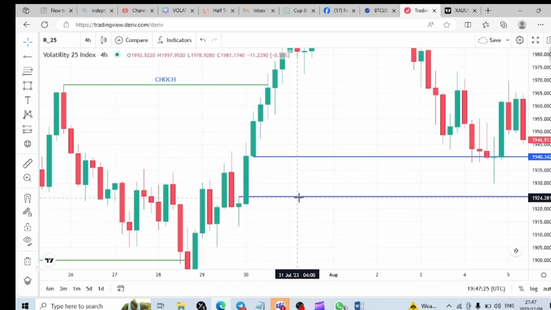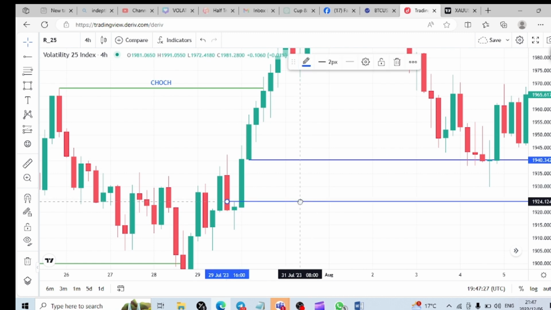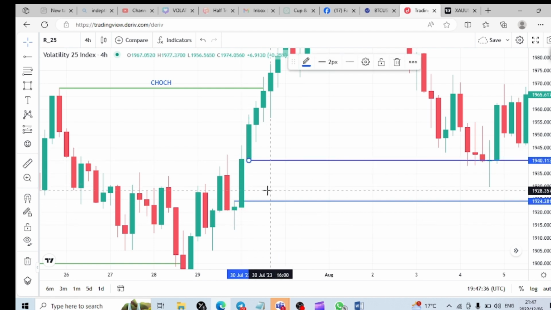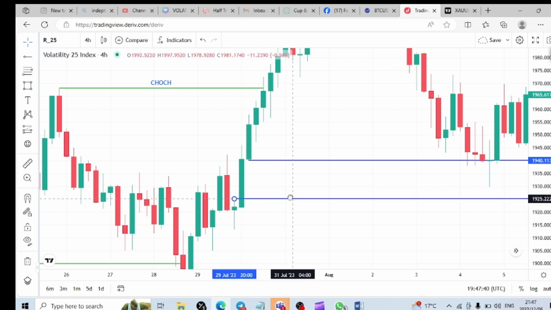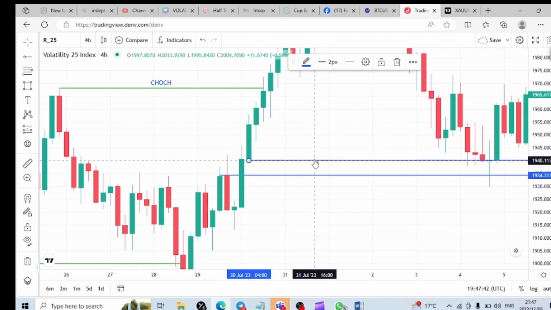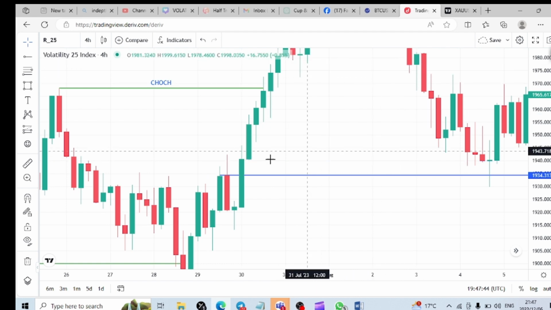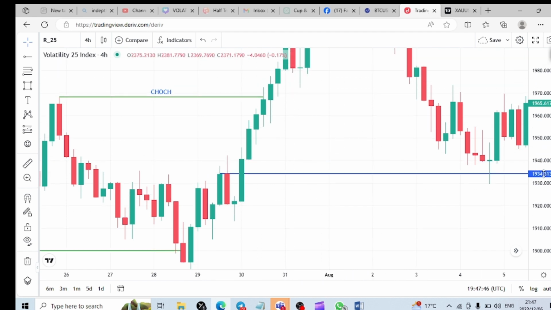If you observe carefully, we can see that they are not connected together. The high of this doji candle and the low of this candle are not connected. There's a big gap. So this qualifies this last bearish candle to be our valid order block